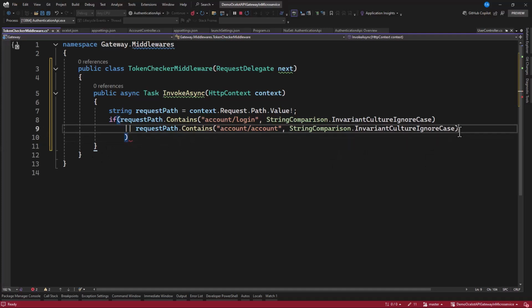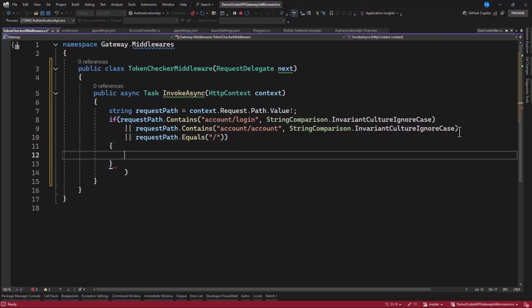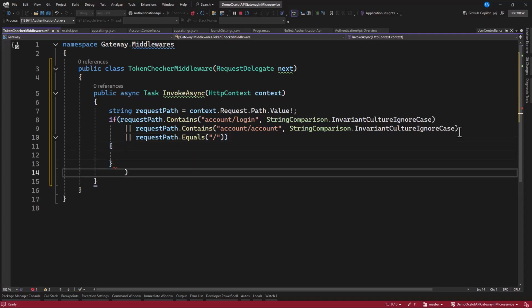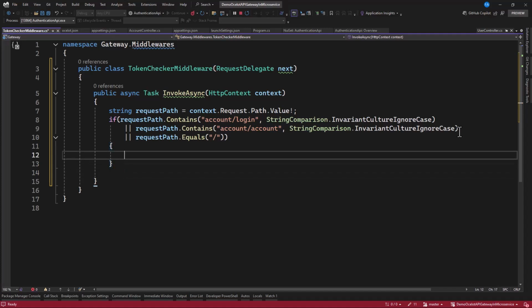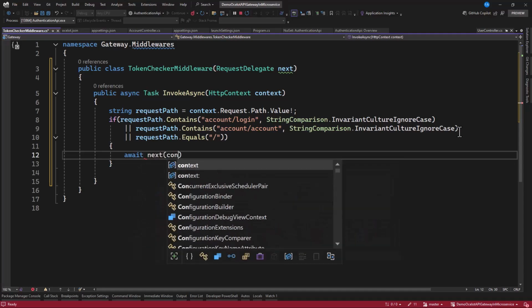So in case request path dot equals this home, then we want to remove this first. Okay, then we want to forward it. So await, we have next, and we execute the next middleware.